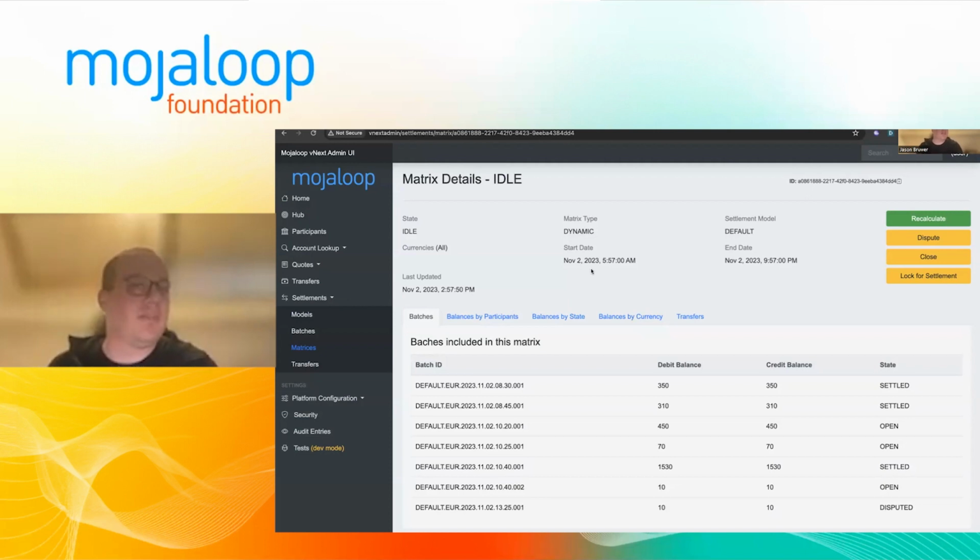But yeah, once a matrix is actually finalized, it's similar in the sense to a batch, where a batch is settled. You cannot touch it anymore. It's final. Anyway, so